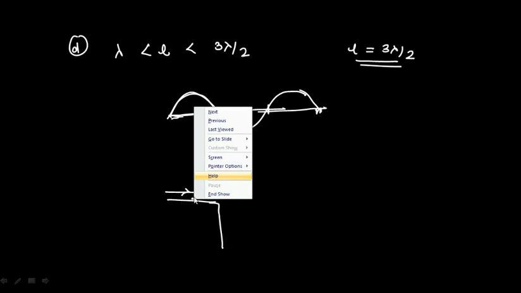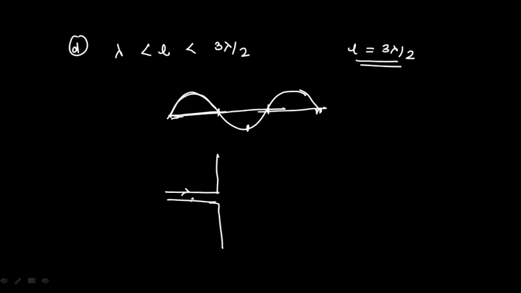ऐसे, ठीक है, so sorry. Okay, so you will take the complete cycle. ठीक है, आपका ये पूरा का पूरा साइकिल यहाँ पे आ जाएगा पॉजिटिव वाला एंड देन निगेटिव का थोड़ा पार्ट, अगेन यहाँ पे निगेटिव का थोड़ा पार्ट और पूरा का पूरा पॉजिटिव साइकिल. So this will be plus, this will be minus, minus and this will be plus, and this is the current which you are drawing. ठीक है, so this kind of distribution you will get, and you will not get the maximum radiation in this case.